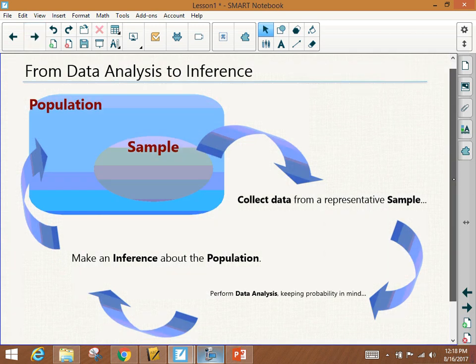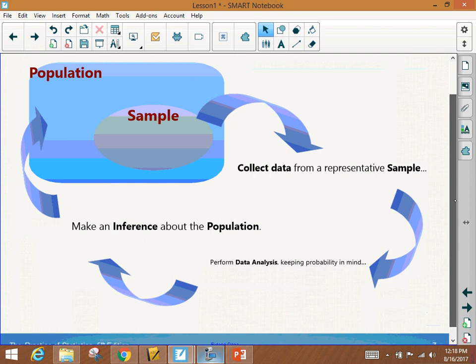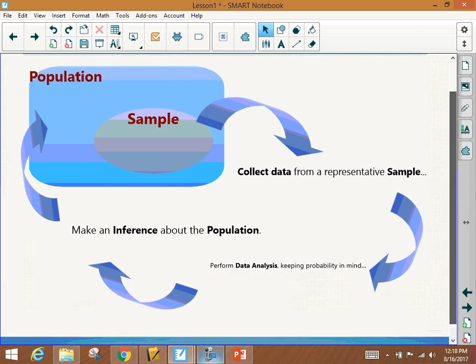Then we're going to make an inference about that population, right? So we're going to say something about what we think this data is telling us about the entire population of cars, right? An inference is almost like making a prediction,